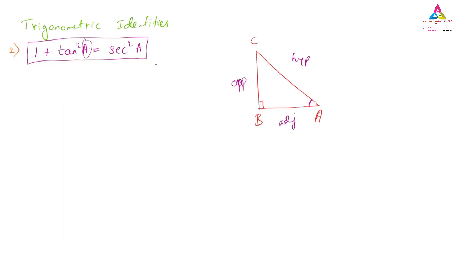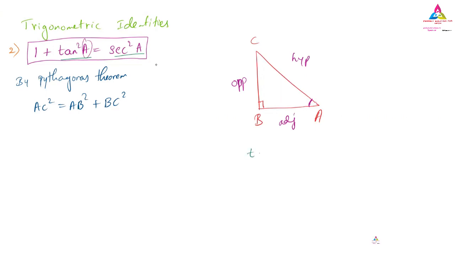Okay, now the next part is we need tan and secant. No problem, we will apply the Pythagoras theorem here also. By the Pythagoras theorem, the rule is same, that AC square is equals to AB square plus BC square. The Pythagoras theorem won't change, it will remain same. But now our important thing is what we have to get here. We want tan A and secant A. So according to that we have to consider.